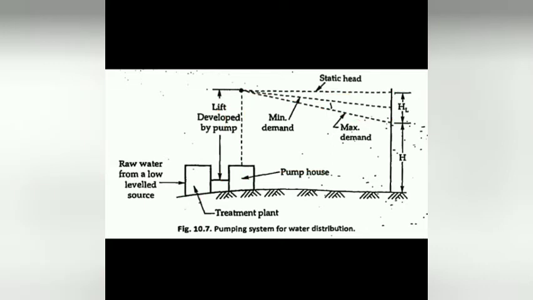Also, some of the points associated with this: high lift pumps are required in this system, and they have to operate at a variable speed so as to meet variable demands of the water. Thus, continuous attendance is needed at the pumping station so as to ensure the desired flow in the distribution system. Moreover, if the power supply fails, there will be a complete stoppage of the water supply. If by chance a fire breaks out at such a time, it will bring a disaster. And this method is therefore generally not used.